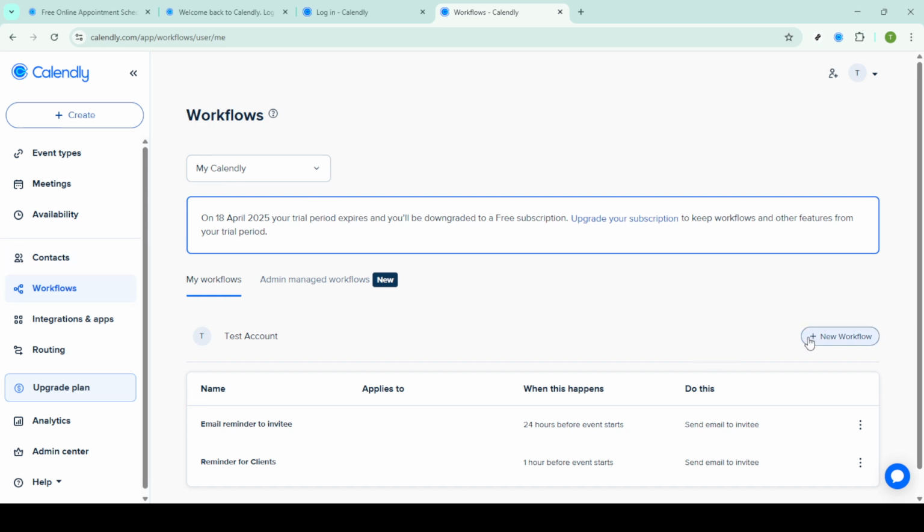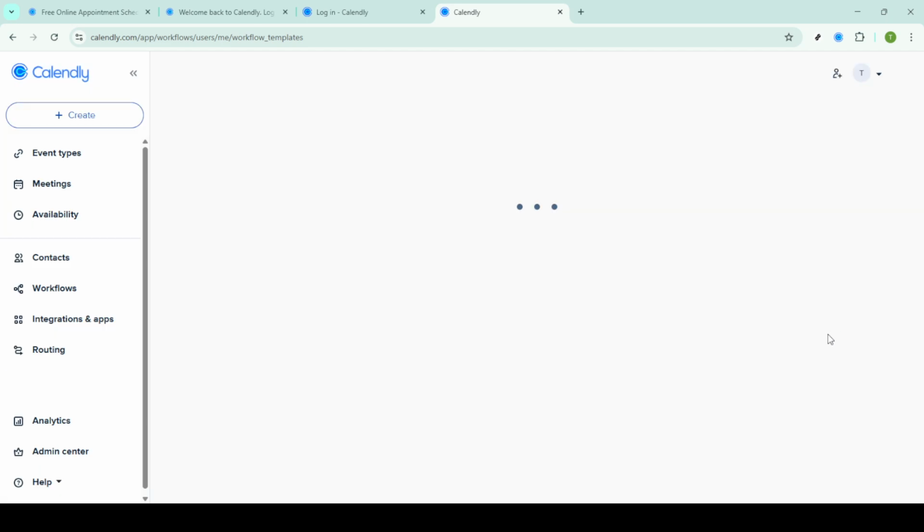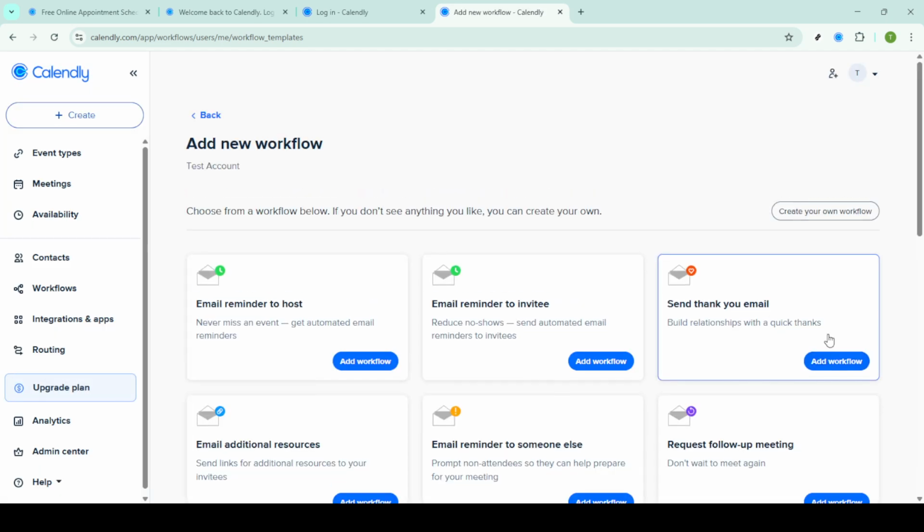After you've clicked on login, you'll be prompted to enter your email address. Type it in the provided field and then hit continue. Entering your email will help Calendly identify your account and personalize your experience. Next, it's time to input your password. After entering your password, click continue to access your account, bringing you to the Calendly homepage, your central hub for